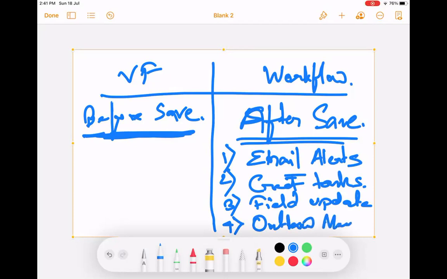That means sending data outside of Salesforce, to another system which is not Salesforce. This is an advanced topic, we will not cover this. We'll talk about these three: email alerts, creating tasks, and how to update fields. So let's see these two, email alerts and field update, that is mostly what you will be using for the workflow rules.